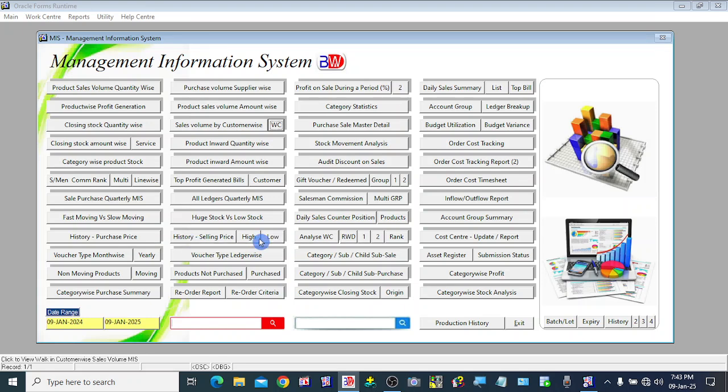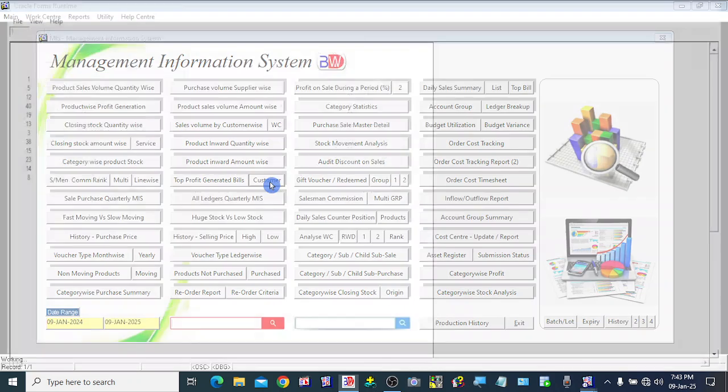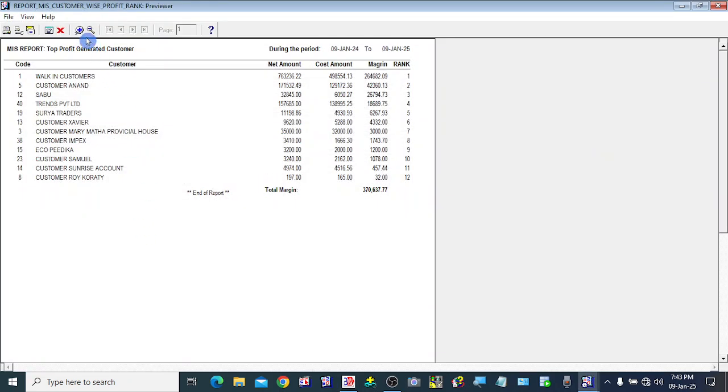Similarly, we have generated a report of top profit generated bills. If you want to know during a specific period of time who is the top selling customer, by clicking this customer button, here we can see walking customer is the top customer